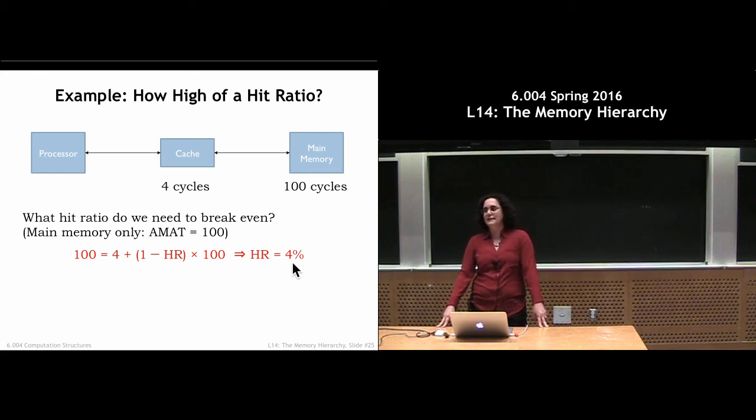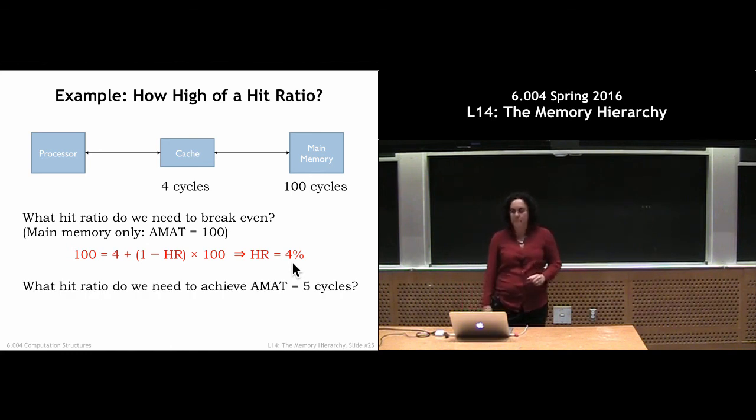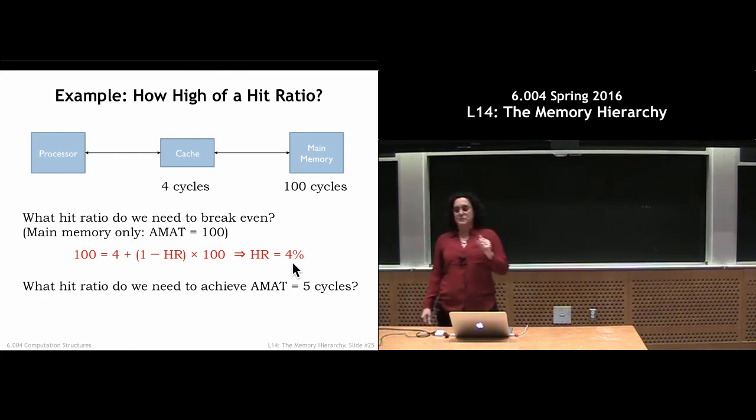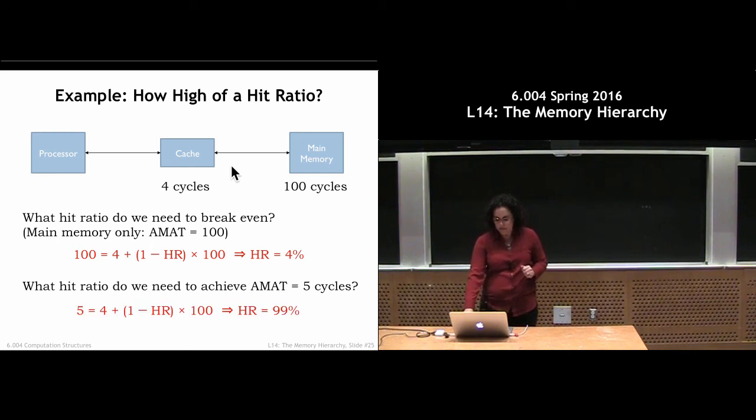We want to actually end up making our memory look like it's a fast memory. So suppose, for example, that I wanted to figure out my hit rate such that my average memory access time would be 5 cycles, right? So it's a little bit worse than getting a hit 100% of the time in my cache, but it's not terribly worse. So how high of a hit rate do we think that we need in order to do that? And so once again, we can plug in our numbers, and what we find is that we need a very high hit rate. It needs to be 99%